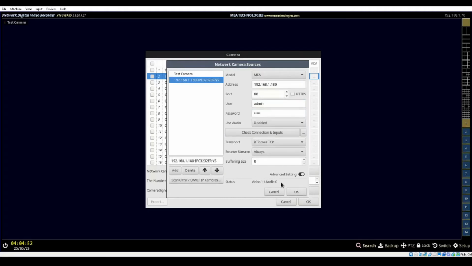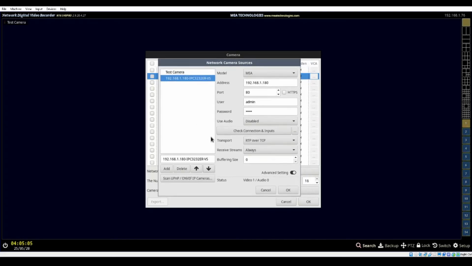So now that we know that camera is connected as well, we can also reposition it. So we can make it 1, 2, however many. If you've got 50 cameras here and you want to line them all up 1 to 20, you can. You just click the up and down arrows. Removing the camera you can do as well. So if you've added a camera accidentally or you don't need it anymore, you can just click on the delete button, it will get rid of it. I'm going to click on OK,